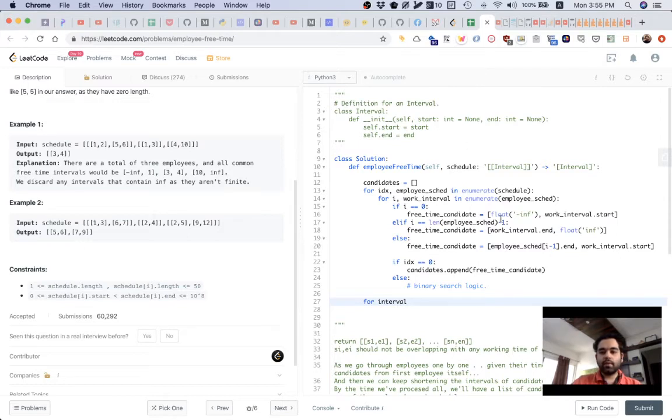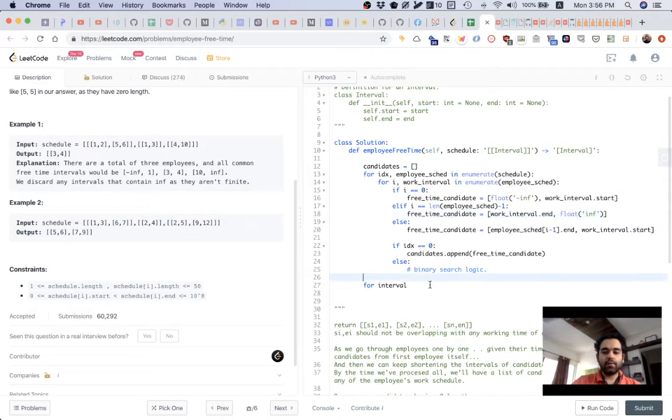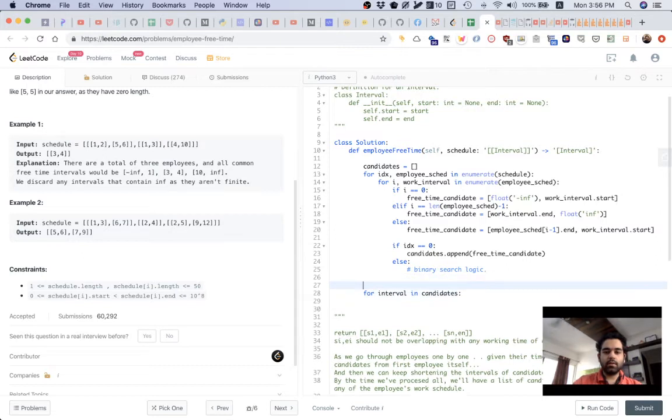They want us to give an interval only, so let's create an interval here. Or we can do that later. So for interval in candidates, output list,